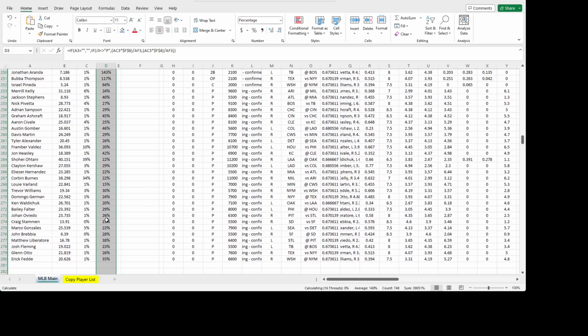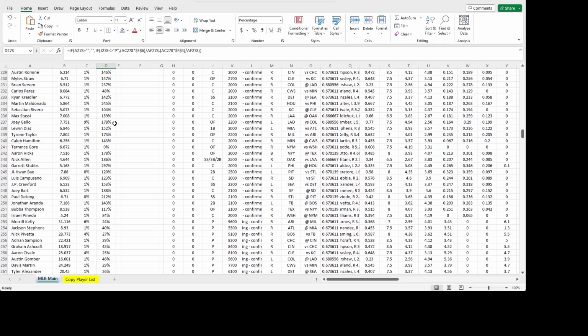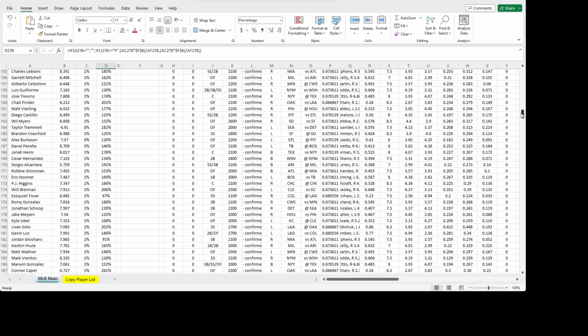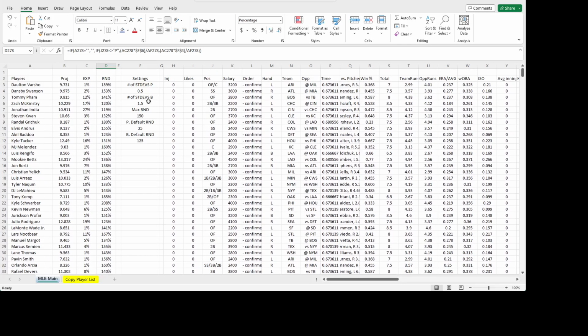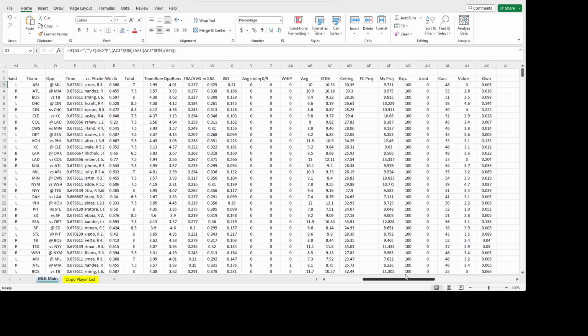And now you'll see that pitchers have not only populated now instead of the error message, but they're all in a tame zone, right? They are not in that 1.5 standard deviations. They're a half standard deviation, something much more reasonable. But we also have these defaults. So what are the defaults for? Well, let's say that for some reason today, Dalton Varsho